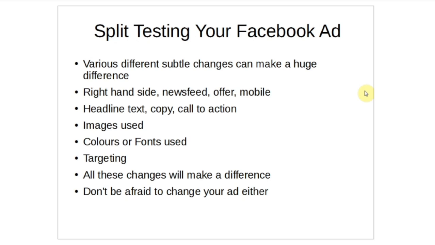Or it could be something like an offer. You could choose to run an offer compared to a click-through ad, and one gets more results than the other. The end outcome's the same. It's just the method that you're getting it out there. The headline text, if you vary that up, copy, call to action, you're going to want to mix up the